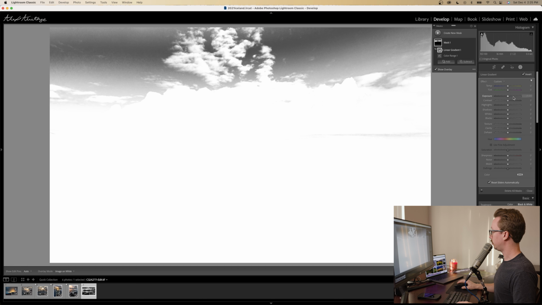Now, this is the exact same as it was in the previous version of Lightroom when you used a linear gradient and then added a color range mask to it, which if you want more detail on that, I have a great video here that goes into how to use it in a really creative way on this tree of a picture I took in Utah last year, I think. Anyways, so now that I have that selection, let's get back here,